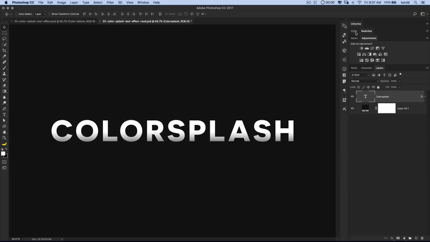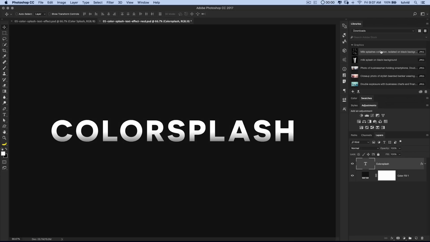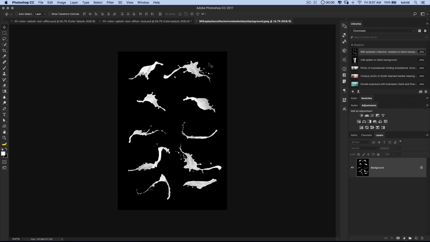And next up, I'm going to pop up to my libraries panel because I actually bought this stock photo from Adobe Stock, and here it is, Milk Splashes Collection, isolated on black background. You can go ahead and purchase an Adobe Stock photo for yourself if you like, or hunt around on the web. There's a bunch of free stock photo sites as well where you should be able to download stock photos. I'm going to double click on this image here,